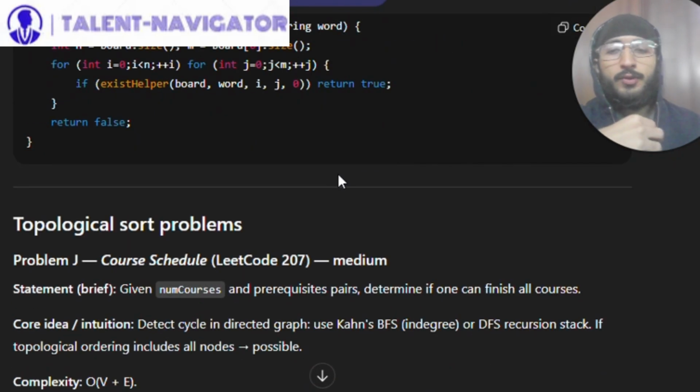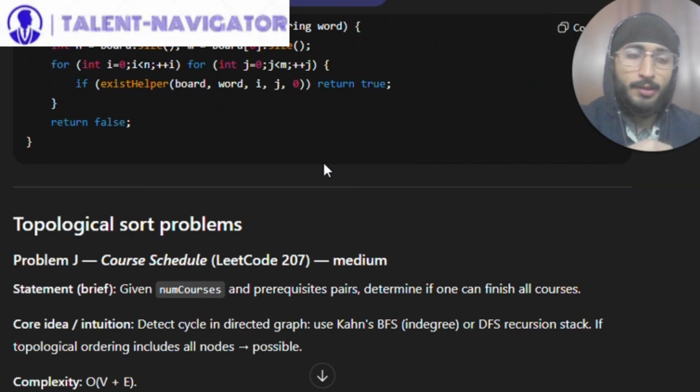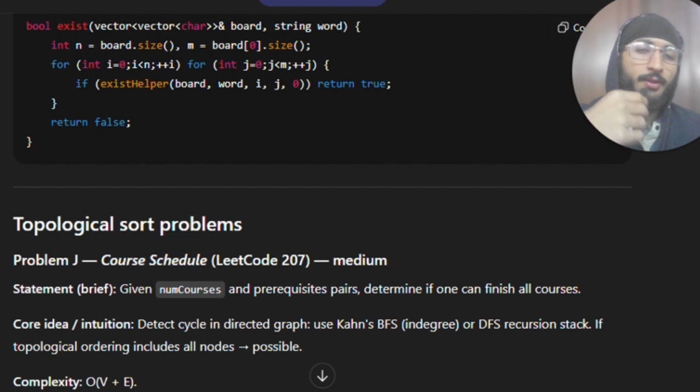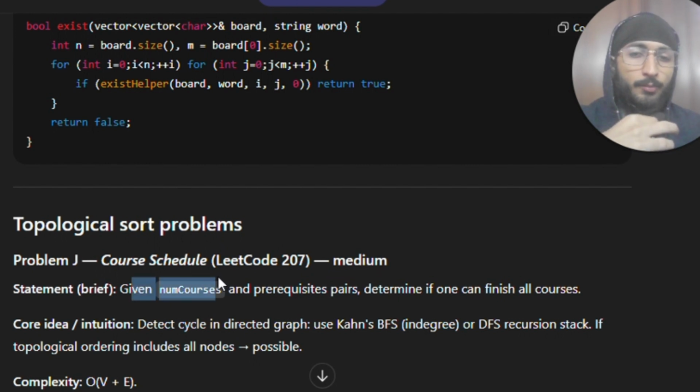So now in this video, I'll be going over some topological sort problems and some LeetCode problems. So first is Course Schedule. This is LeetCode 207 and marked as a medium level problem. So in brief, the statement is: given the number of courses and prerequisite pairs, determine if one can finish all